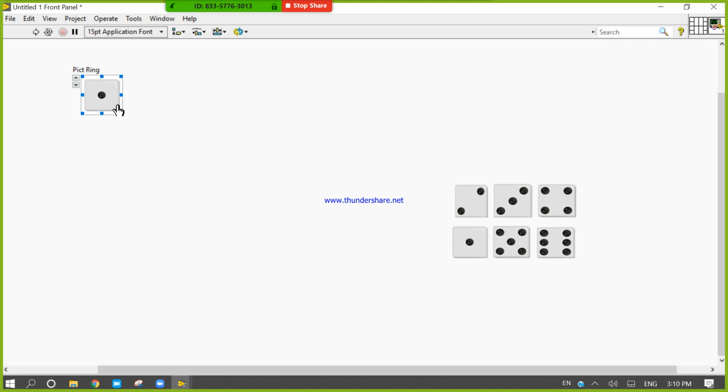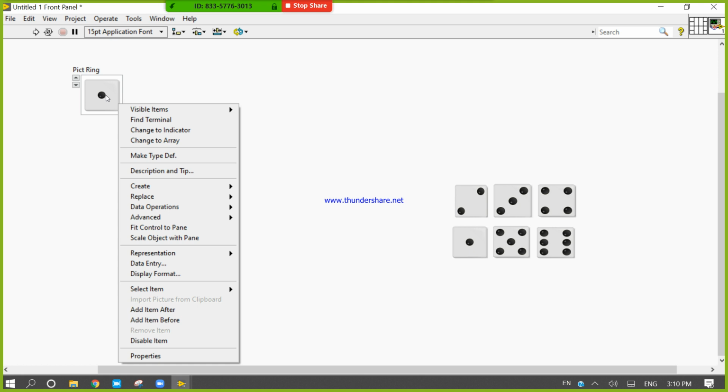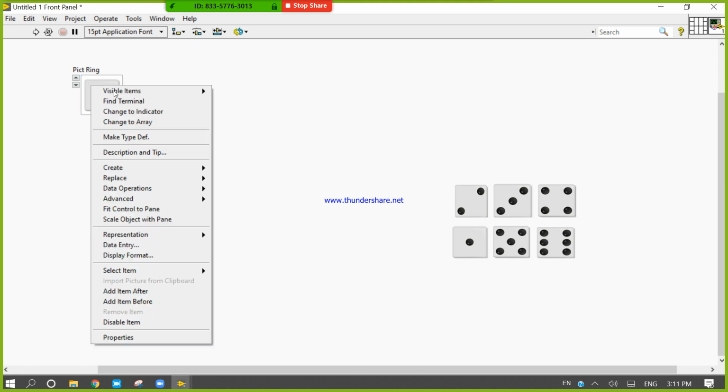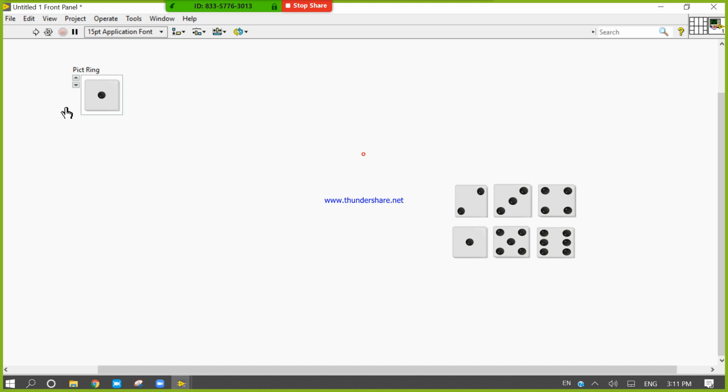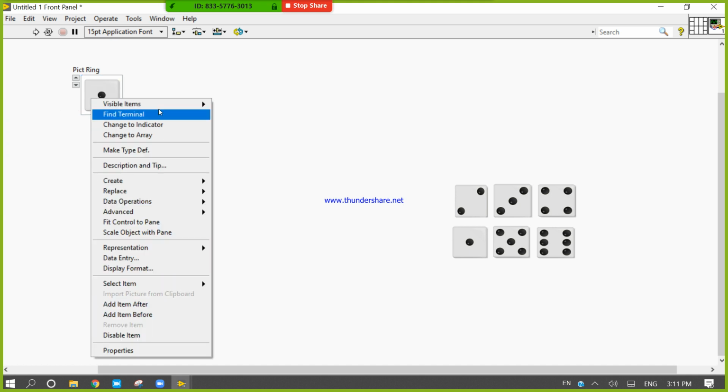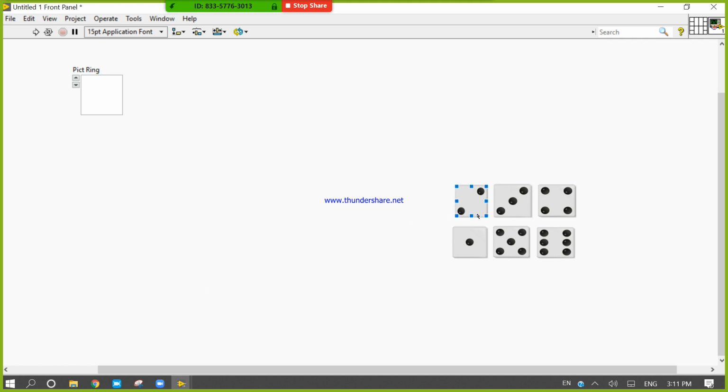Again, right click on this picture ring. If you right click, you will get this shortcut menu. Come into the shortcut menu. Second last, you will get Add Item After. Click and then add second number dice.